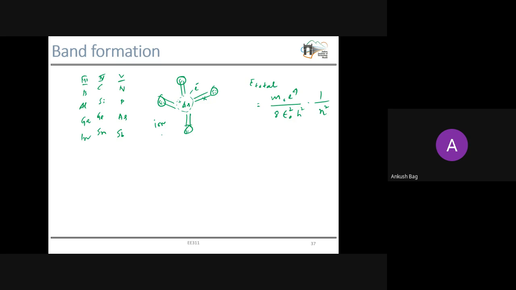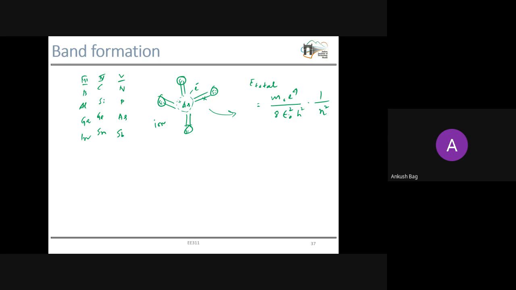Electrons can move and holes can move. The arsenic ion is also a positively charged particle, and your hole is also positively charged. But this arsenic ion cannot contribute to your current, while the hole can contribute to your current. You just saw how these holes move within the crystal by making and breaking covalent bonds. Now come to this energy quantification.